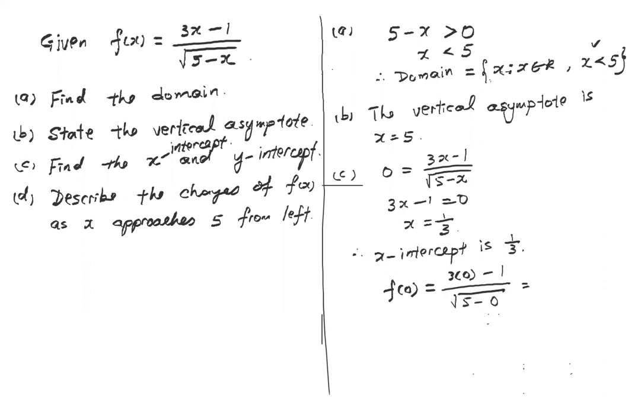So this is negative 1 over square root of 5. Got it? So in maths, listen, in maths, the way we write the answer, make sure at the denominator there's no square root. So I should write my y-intercept as,